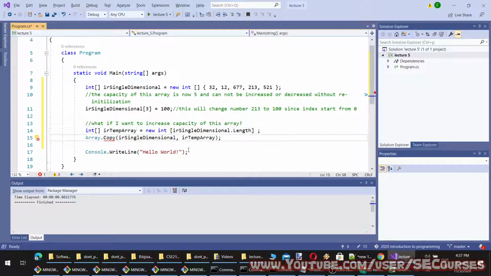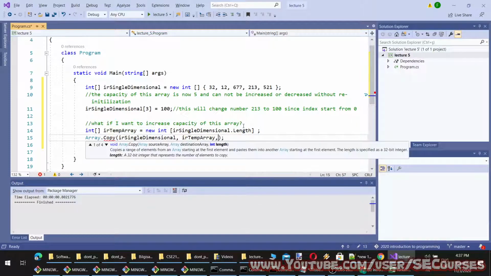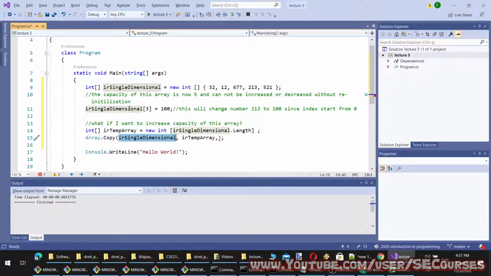And the start index, the length, so how many elements I want it to copy, like this. So now I will have a copy of this array, let me show you.